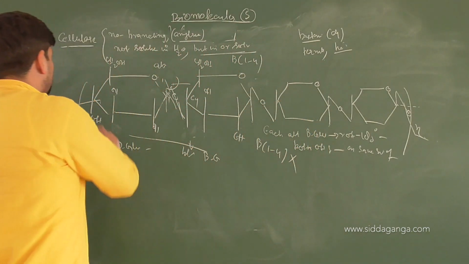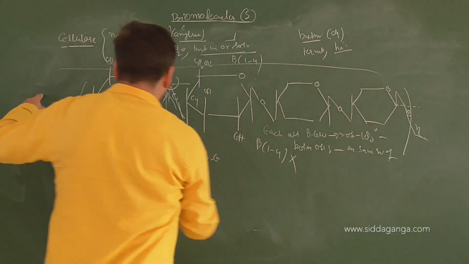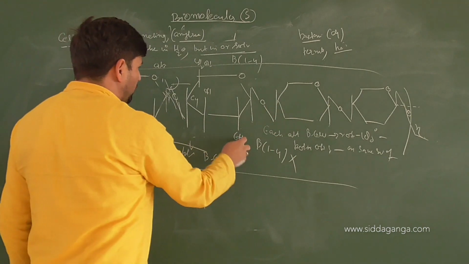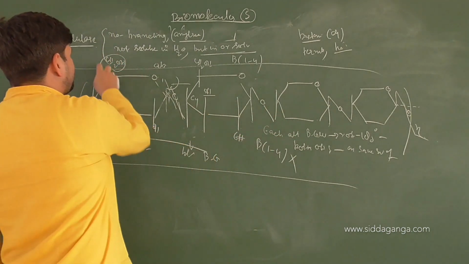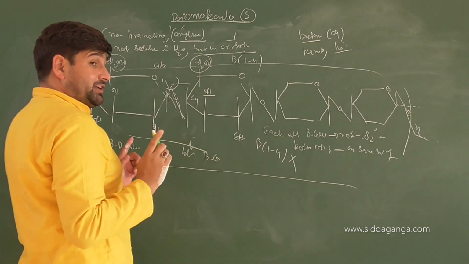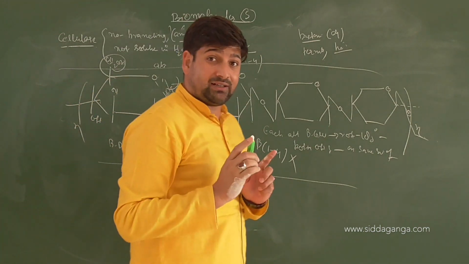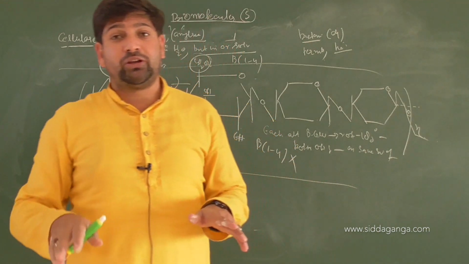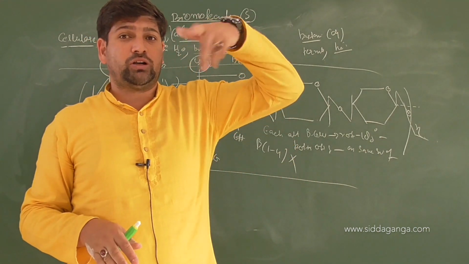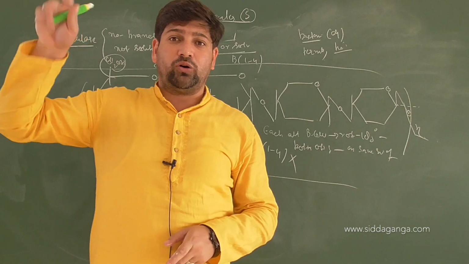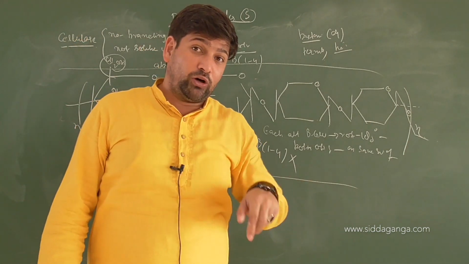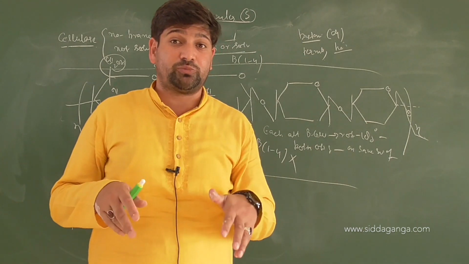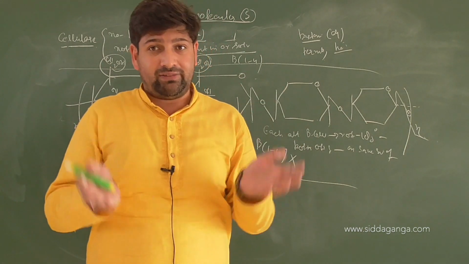Now, understand this. Because this is a linear structure, with most of it being OH groups free. This OH is free, this OH is free, this CH2OH group is free. While earlier we checked in starch and glycogen that most OH groups have been used. Carbon number 6 OH used. Carbon number 1 OH used. Carbon number 4 OH used. Only carbon number 2 and 3 have hidden OH groups. In amylopectin they are very hidden.